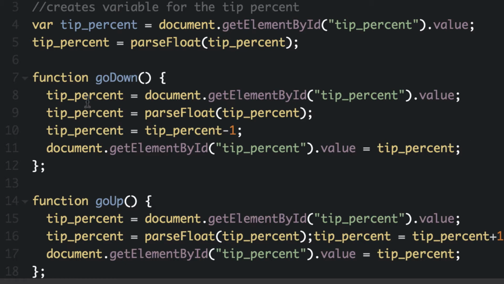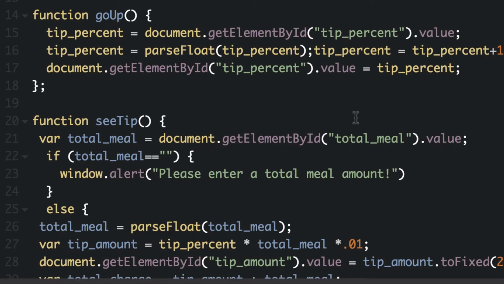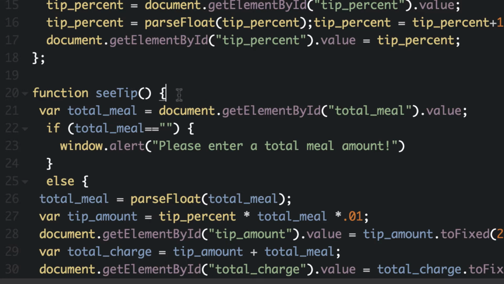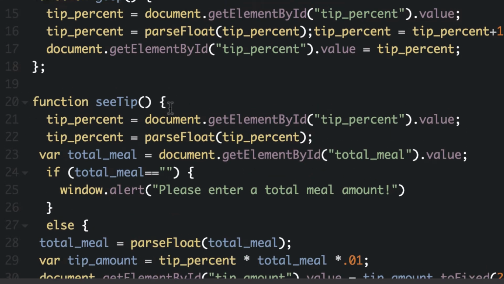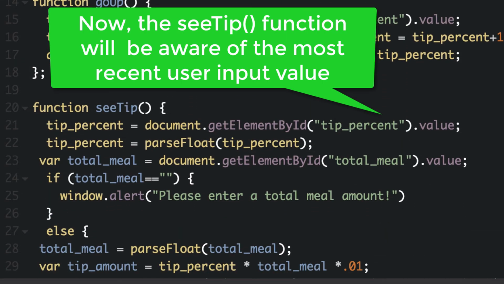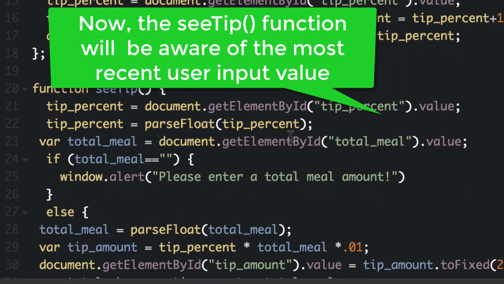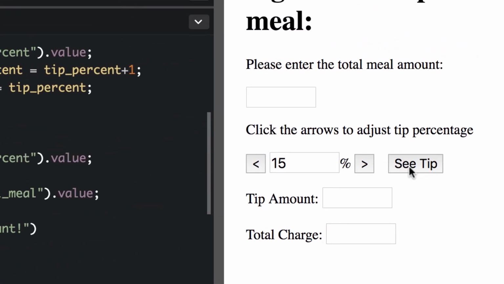So we need to also copy these two lines, the one that gets the value that the user enters, and also the parseFloat, which makes sure it's a number. And I'll just copy that, and I'll make sure it's the first thing in here. I'll put it as the first part, just like we did in those other two functions. So again, we're just getting the value inside those functions, so when people click these buttons, they're getting that value,